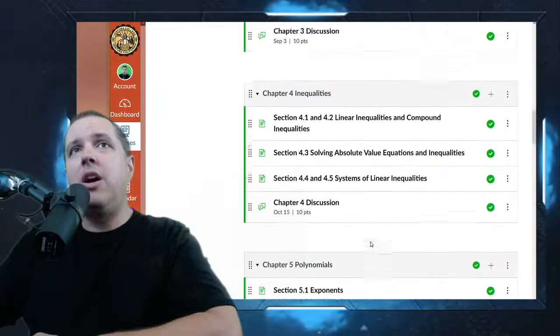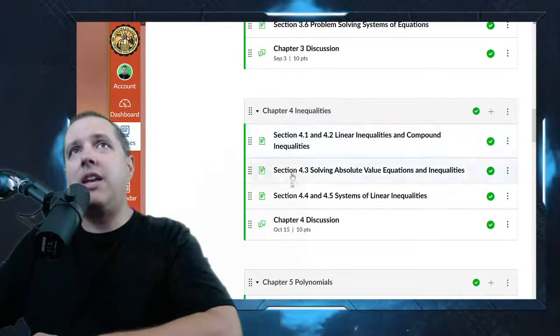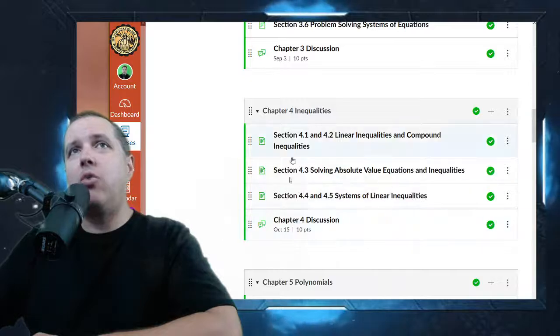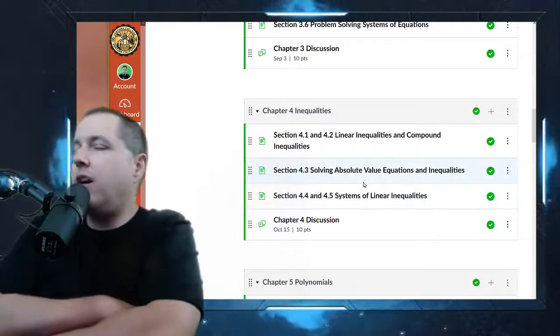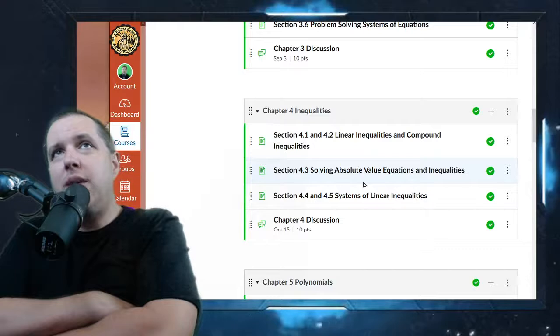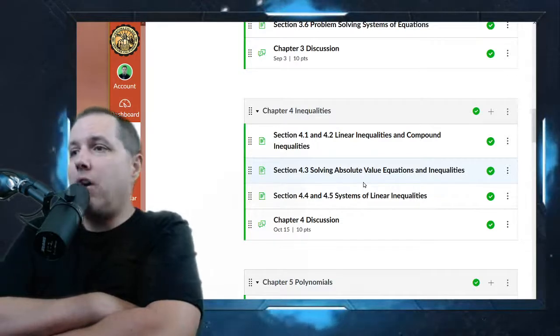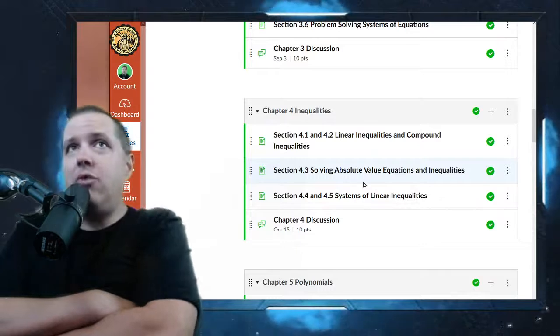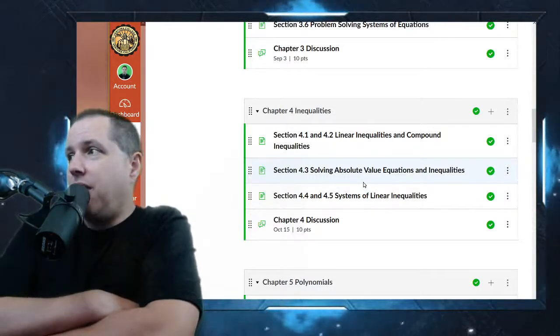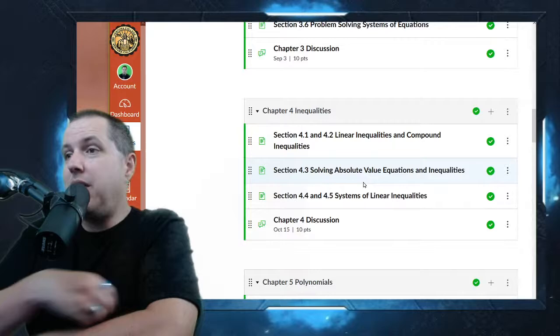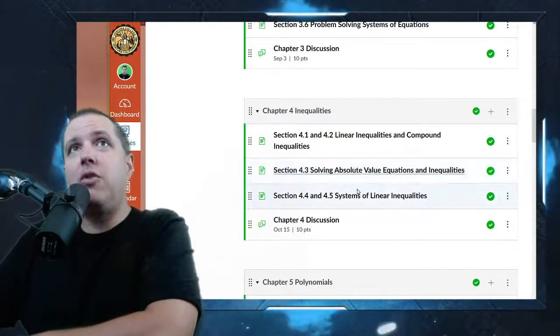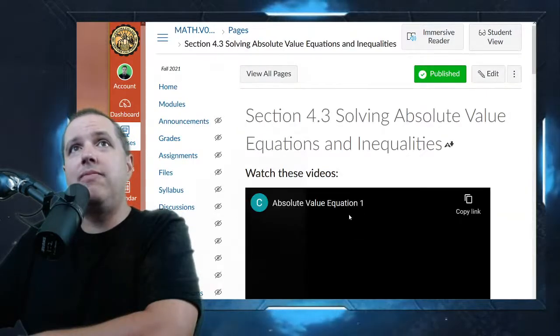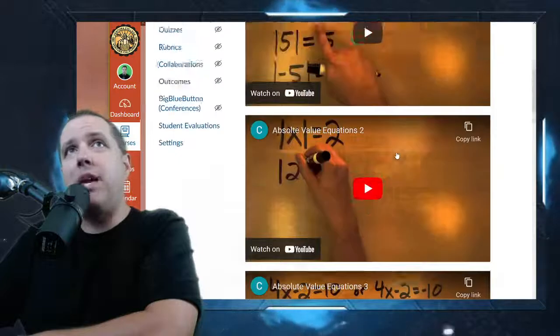In the meantime, we're going to cover exponents, and then I'm going to go a little bit over the inequality stuff, but I'm going to be honest, I'm not going to spend a huge amount of time on inequalities without being prompted, because basically what I will do, if I take up some class time, is just repeat what's already in the videos. So if you go in here, see how there's already some videos here that were made by me